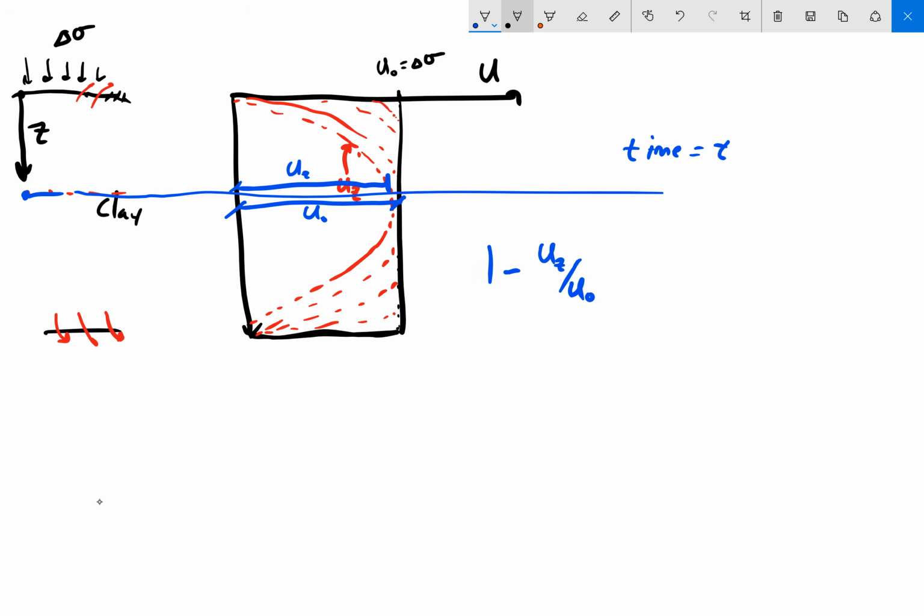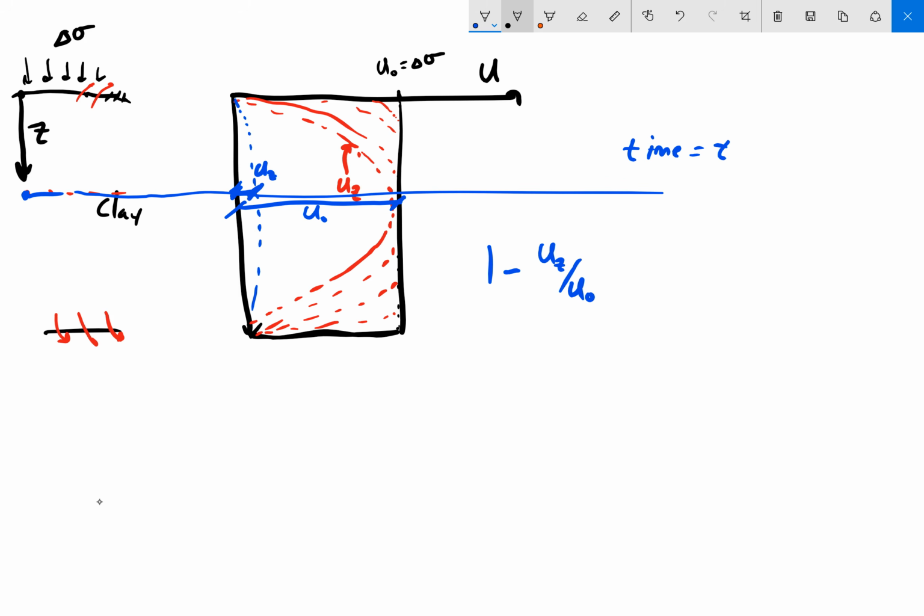So if I go 1 minus that, that's going to give me basically a percentage of how much consolidation I have left. Think of it this way. What if my consolidation line gets all the way down to here? If that's the case, then this distance right there is going to be equal to U sub Z, and